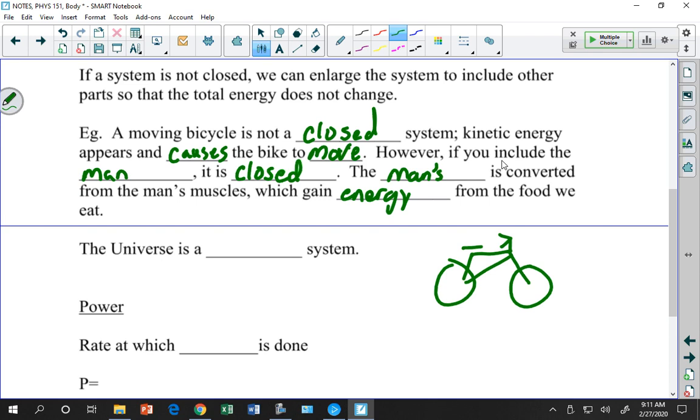Yeah, so if I draw a bicycle, if the bike is moving, has a certain velocity, that bike has kinetic energy. But that's not a closed system because I'm having this energy just sort of appear, this kinetic energy that's entering into this system. So it's not a closed system if I just look at the bike. But if I include the person that's on the bike,